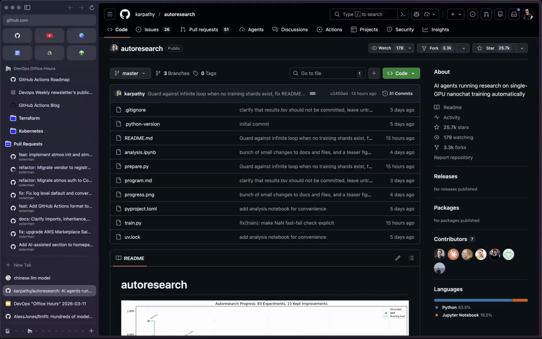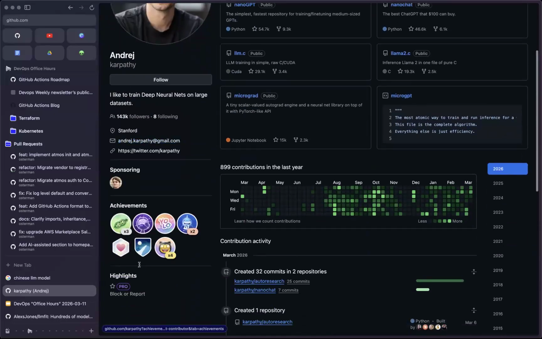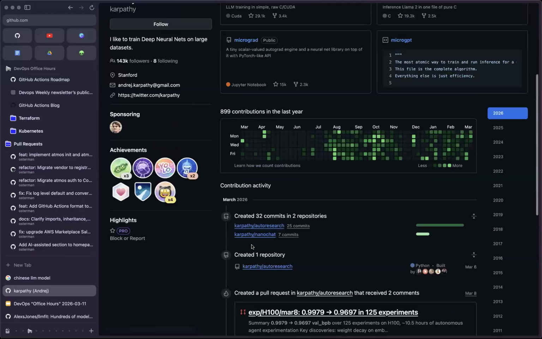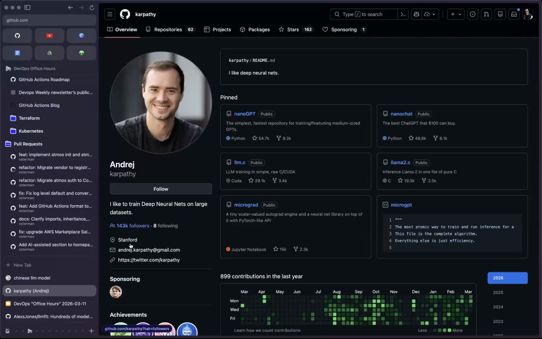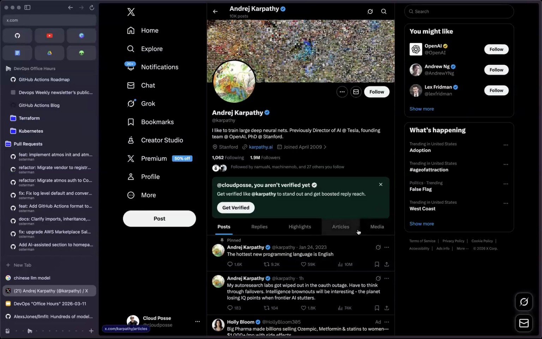And this was apparently open source. I guess it's a guy from one of the Tesla or xAI engineers there. At least that's what it said on my Google News when I saw this. So mildly interesting stuff. I confess I don't know who it is, but they have 143,000 followers just on GitHub. That's crazy. Okay, founding team at OpenAI. There we go.